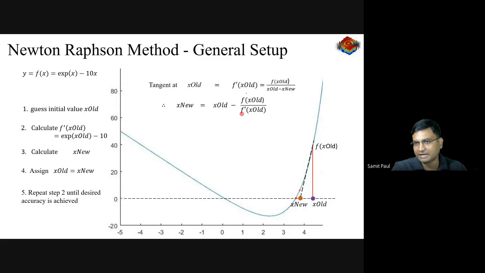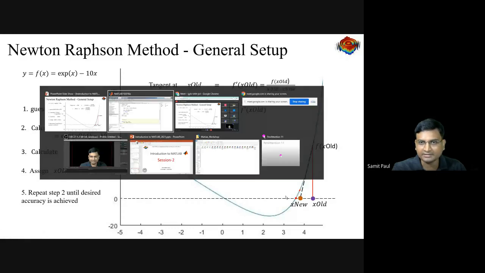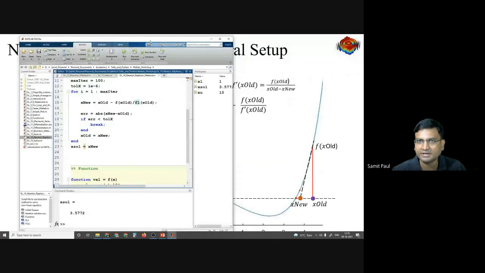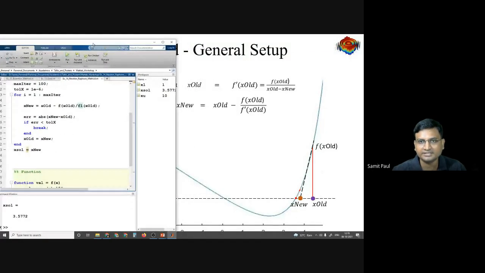So both of them can be calculated, f of x old and f prime of x old. And x old is already known, 5. So this part can be calculated easily. And from that, we can calculate x new. And we will be doing this repeatedly. Now this x new will be called x old, and we will find another new x new, which is closer to the root. That's our strategy. And here, see how we have implemented that strategy. I think it will be better if we can see them side by side. Isn't it?